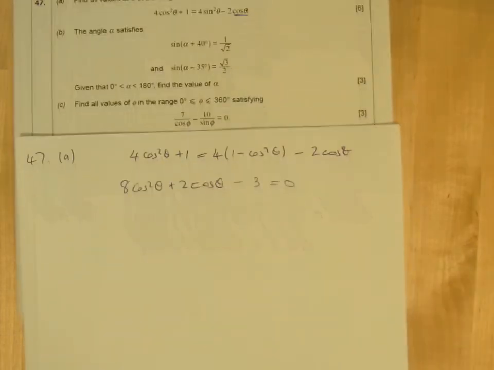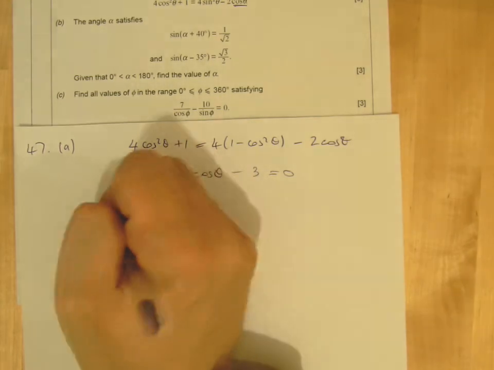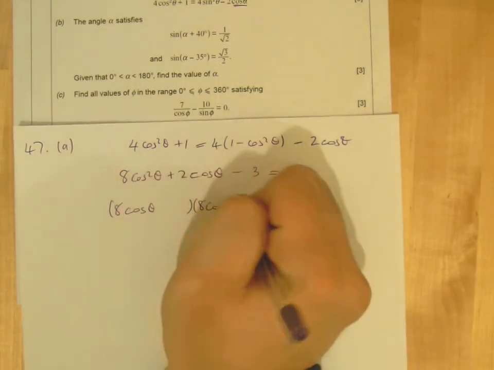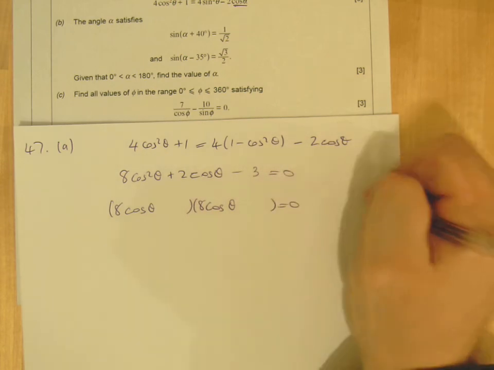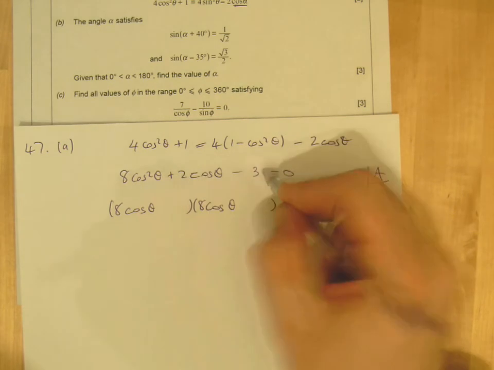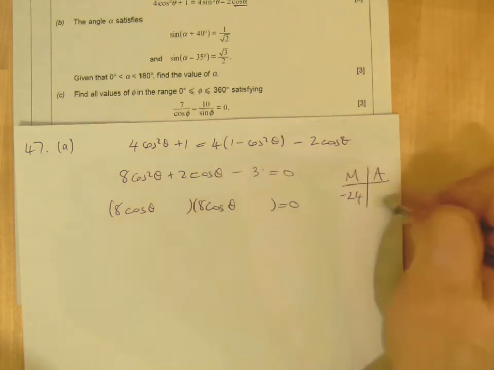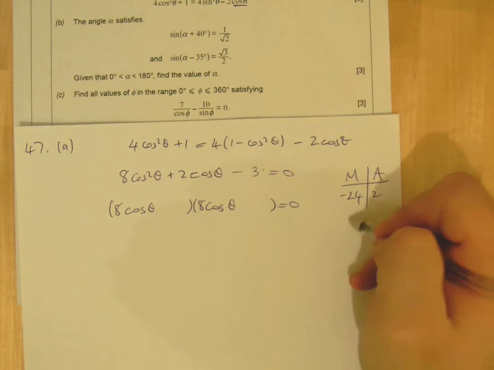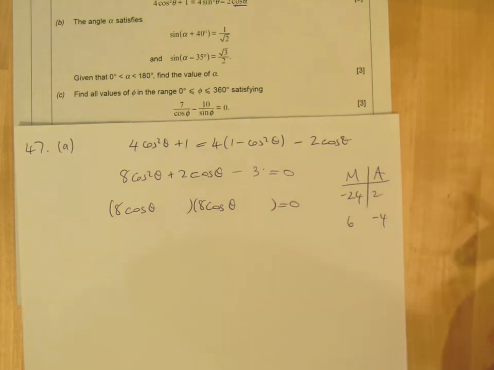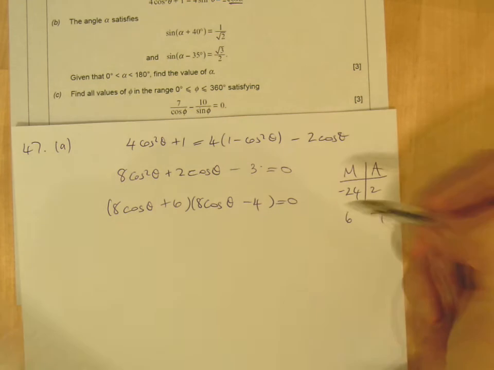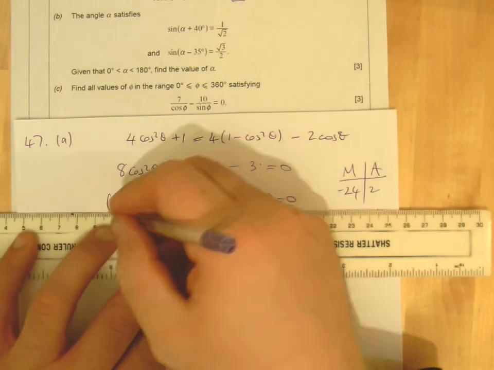Okay, so then you're going to do your 2 bracket thing. So you may decide to do it this way: 8 cos theta in both brackets, multiply, add, multiply. Well, 8 times 3 is minus 24, add to give 2, so 2 numbers there, 6 and 4, I'm thinking 6 and 4, so positive 6 minus 4, I think that works, doesn't it? So plus 6 minus 4, of course because I've times by 8 I need to sort of pay back, divide